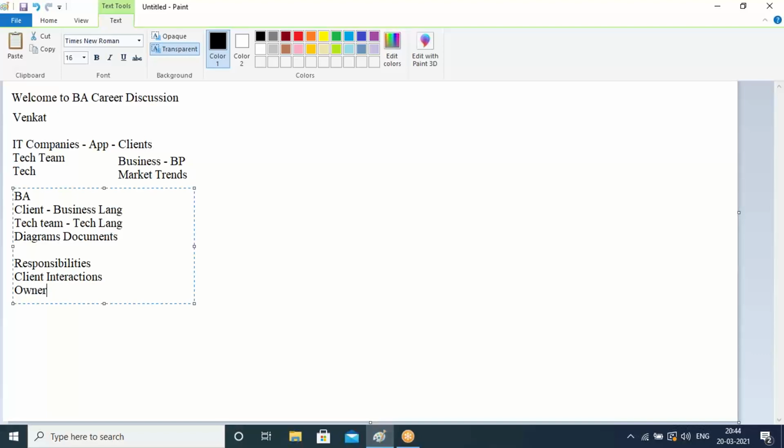Okay, and the second one is we take the ownership of requirements. Taking the ownership of requirements means the client will be sharing some requirements with us, and not always do we know 100% of those requirements. Sometimes we may be very new to some requirements. In such a case, we have to do our homework, understand about it, confirm our understanding with the client. Once the client says yes, then talk with the technical team. Okay. Now,